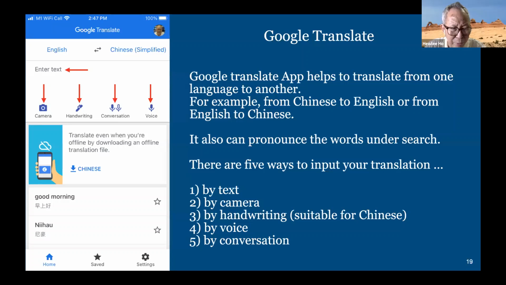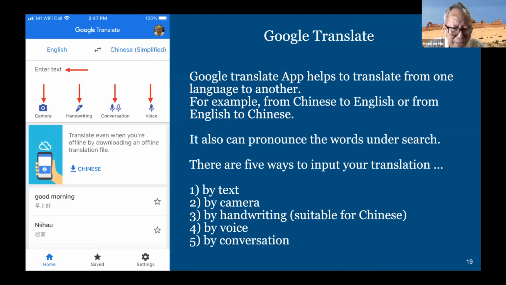You can translate the language by camera. Camera means scanning. You have a piece of text either from the newspaper or from a book. You just shine your smartphone camera through the Google Translate app, not the standard camera icon. Then there is a button for you to start scanning. And once you scan, there are 2 options. One option, after scanning, you just rub all the words, and it will come out in the reverse way. That means English for Chinese or Chinese for English, depending on which instruction you gave to Google Translate.